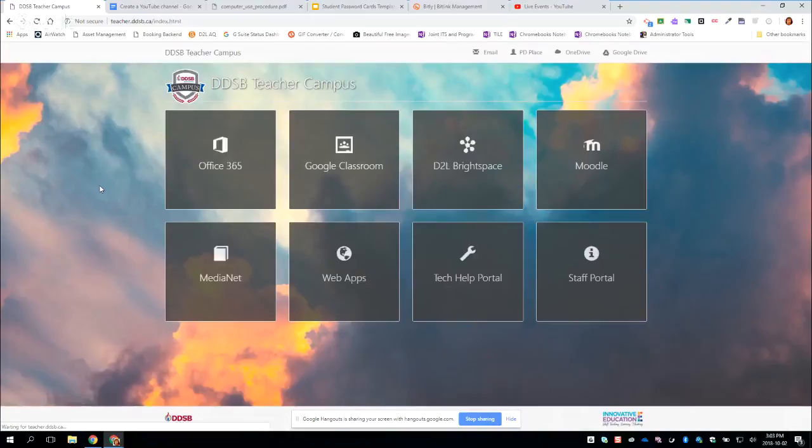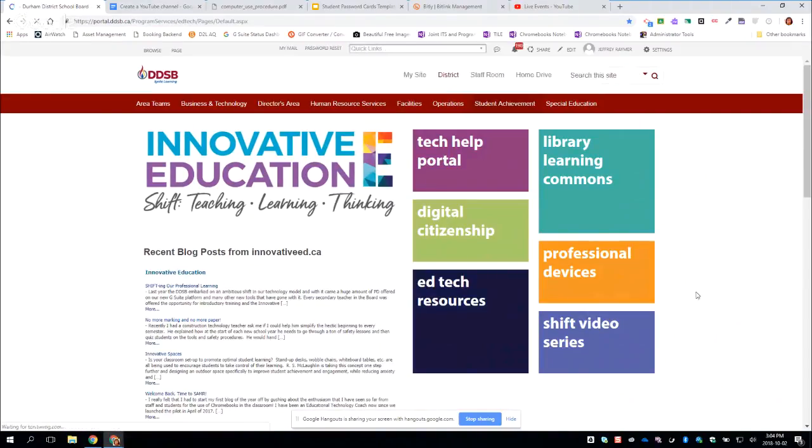So once again, I'm going to go back and start at Teacher Mobile Campus page. And going down to the bottom, you can see our Innovative Education logo. If you click on that, it's actually clickable. That's going to take you to our portal page. And there's some great resources on this page for you. But specifically, password management would fall under digital citizenship. So if I click on that,